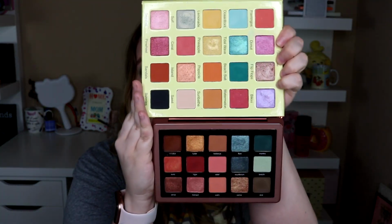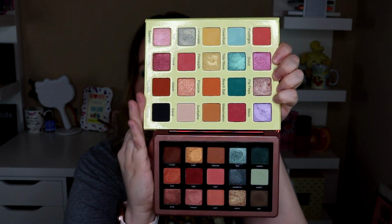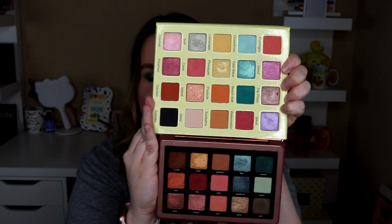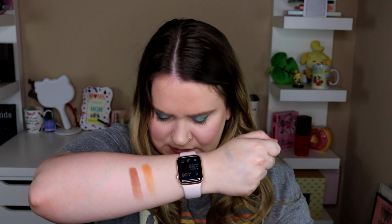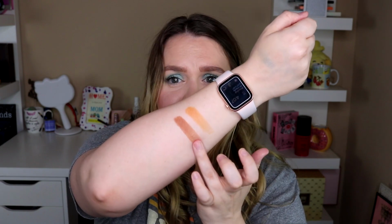Okay, so another palette that I thought might be similar is this Violet Voss Flamingo palette. Now that I'm seeing them next to each other, not so much, but I will do some swatches of some shades that I think could be comparable. So let's see. Sunbathe and then Balance. So Sunbathe from Violet Voss and Balance. Do the same thing that I did yesterday. Sunbathe and Balance. Okay, so as you can see, the one from Natasha Denona is a lot darker, but they're